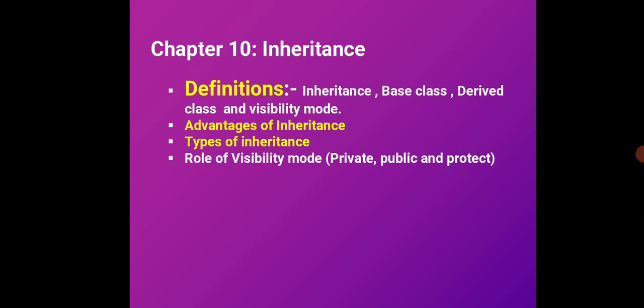Okay, the next is the role of visibility mode. Okay, there are 3 types: one is private, public and protected. Okay, and these are the roles of visibility mode. And next one is the